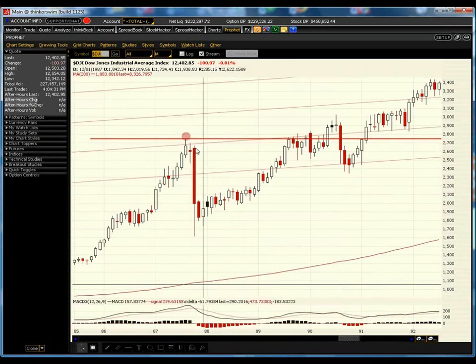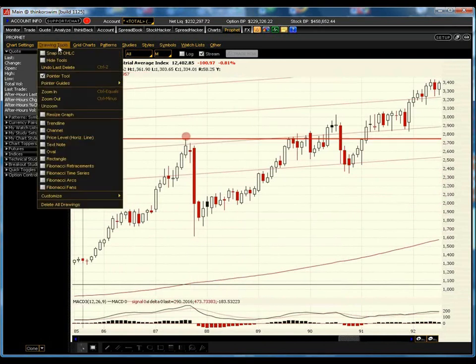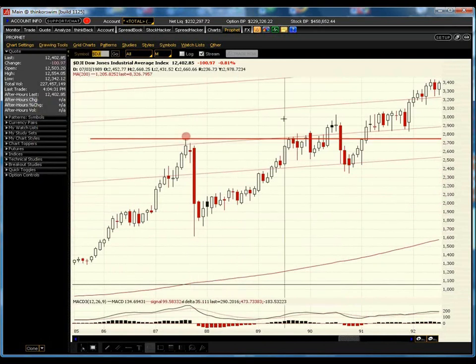We touched it here and it sold off. All of a sudden the psychology changed, because the next time we came up against this resistance level, even though we did sell off a little bit, the sell-off wasn't very strong, and we actually hovered in this area